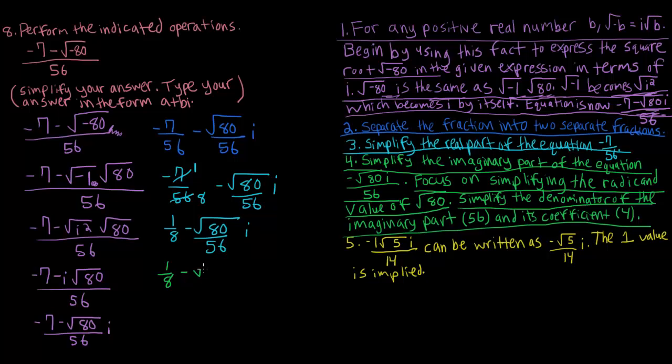I can think 5 is a multiple of 80, and 5 goes into 80 16 times, so 16 times 5 over 56I, and then have 1 over 8 minus the 16 is the same as 4 times 4 times 5 over 56I,